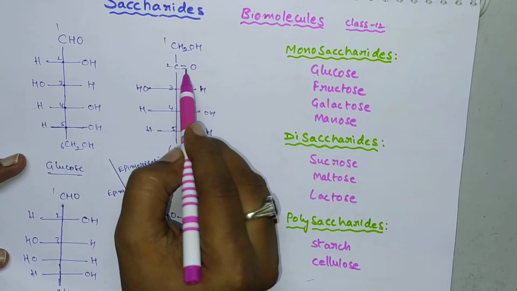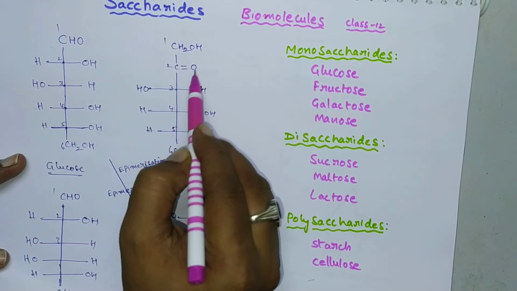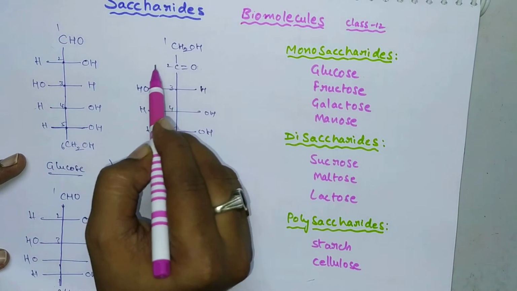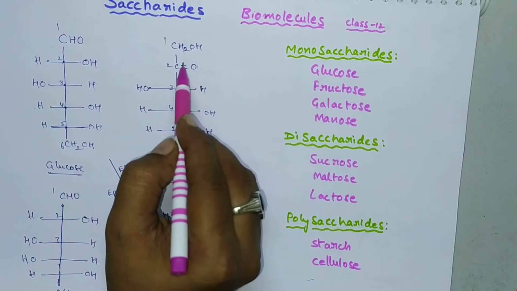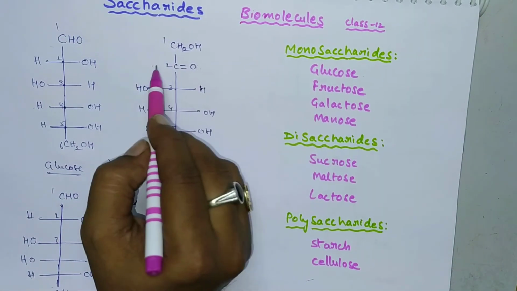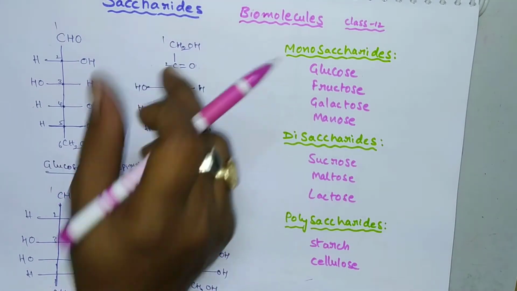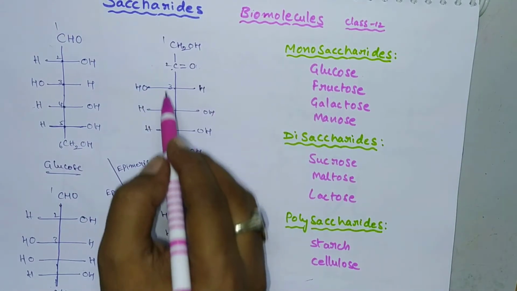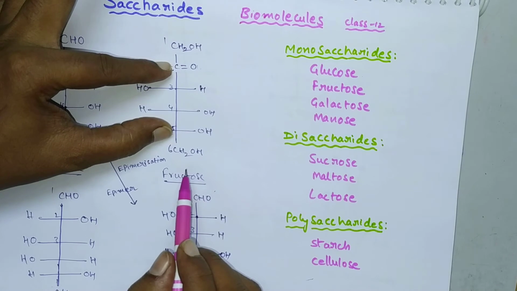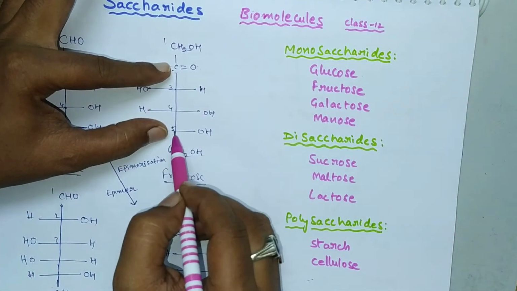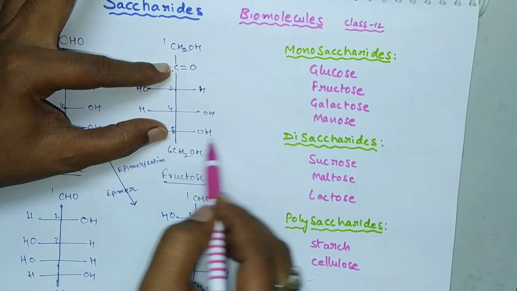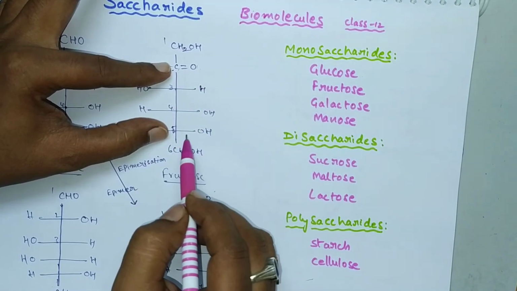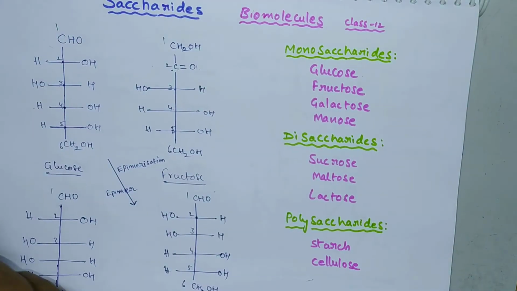So for fructose we have to add water here. By adding water here we get OH, and here also OH, two hydroxy groups present at the same carbon. Then we have to remove water from the second carbon and fifth carbon. Then we get a 5-membered ring, 1, 2, 3, 4, and oxygen will be here like this. So then we get a 5-membered ring.